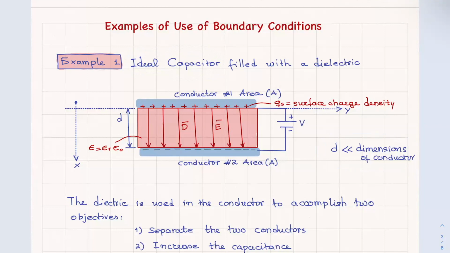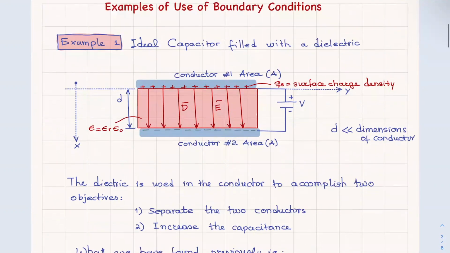A conductor is probably going to be rectangular most of the time, and therefore D has to be much smaller than both sides of the rectangle. If it's circular, then it has to be much smaller than the radius. But these are the two possibilities for the shape of the conductors. In any case, when that applies,